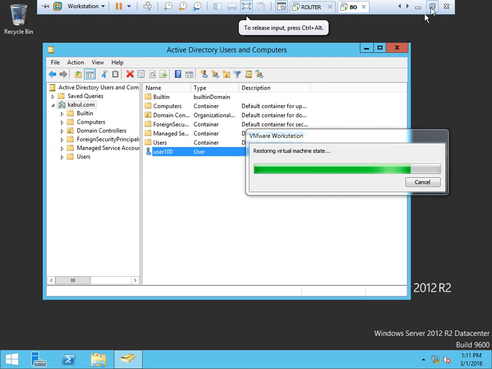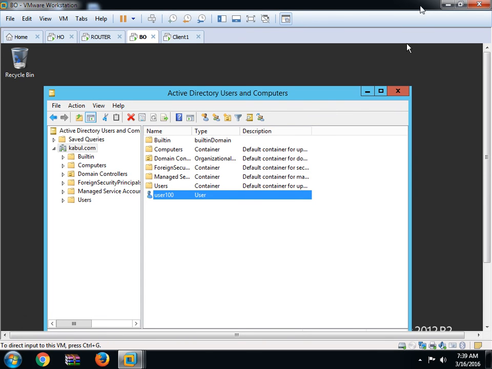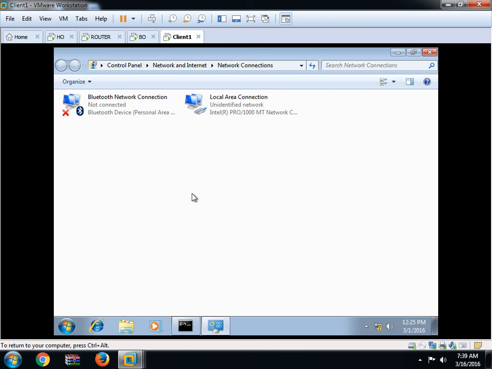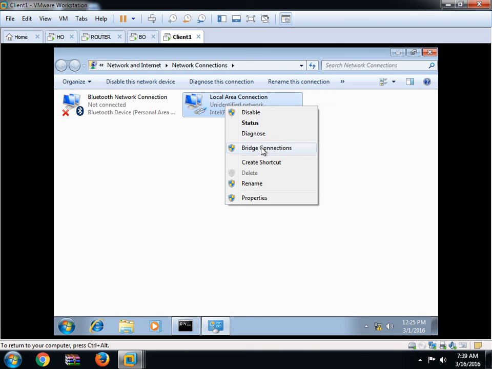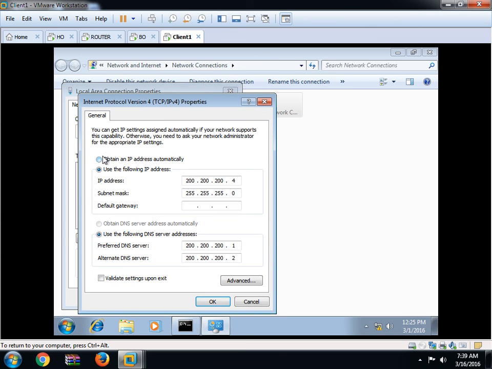So log in to one client. Here this is the client operating system. ncpa.cpl, give an IP, it can be anything.